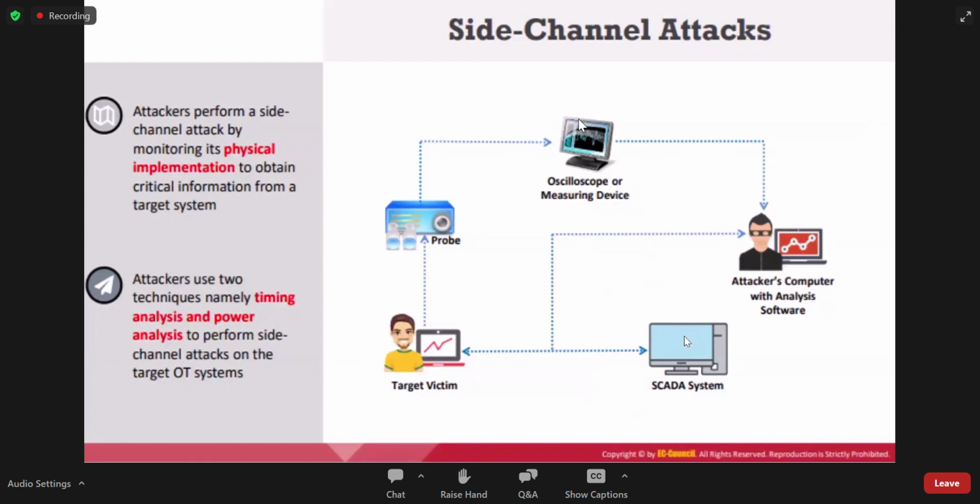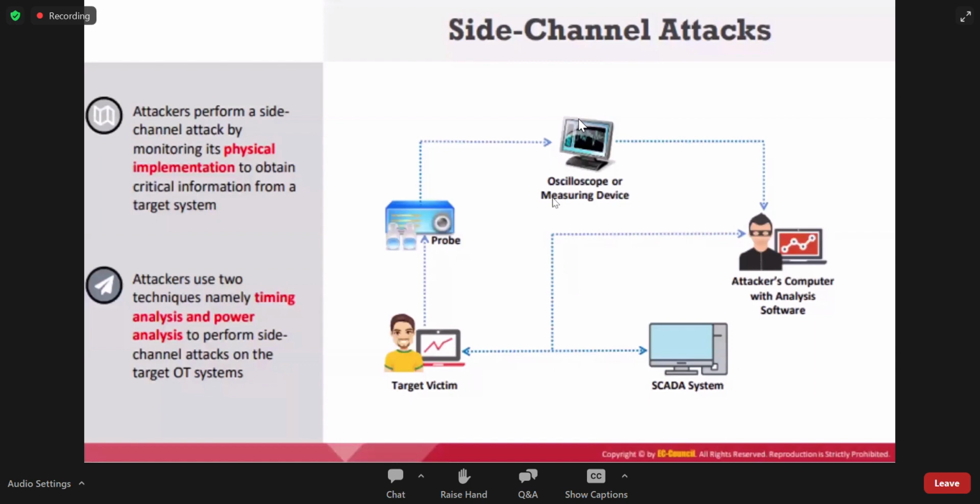So once he is using this, it is monitored, and it will measure the oscillation of a signal. Obviously, if the switch is on, that is 1, and if the switch is off, that is 0. Using these oscilloscopes, the graph will be going up and down, giving the measurement of the current which is passing through the wire.